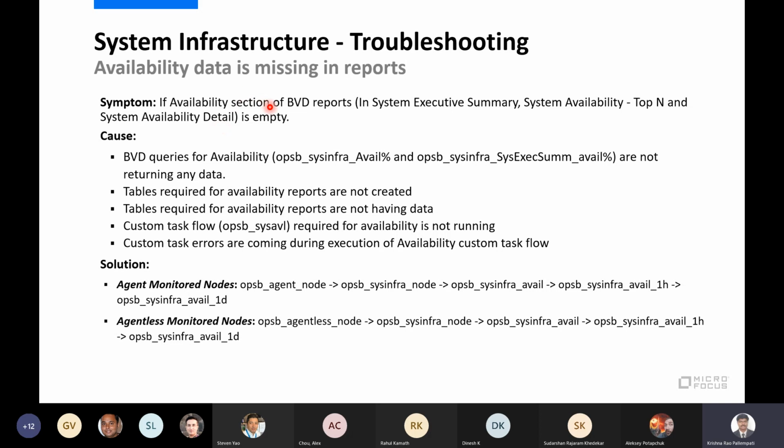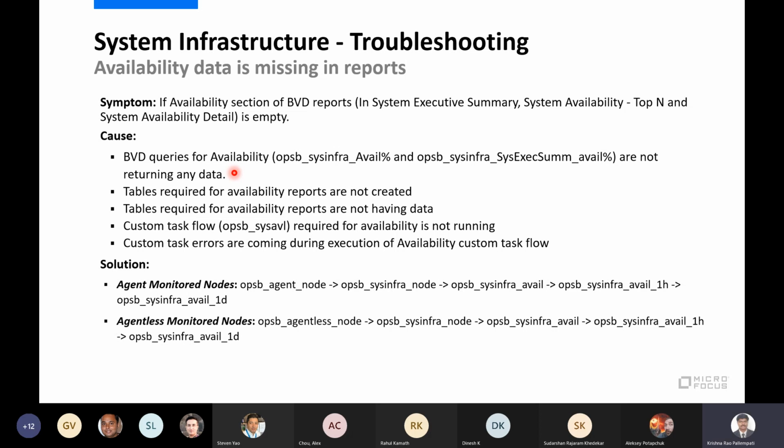If these reports are empty, the cause might be the BVD queries are not returning any data. The data is there in my database, but BVD queries are not returning any data.